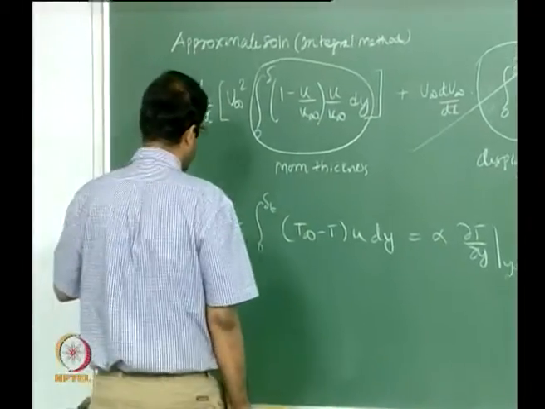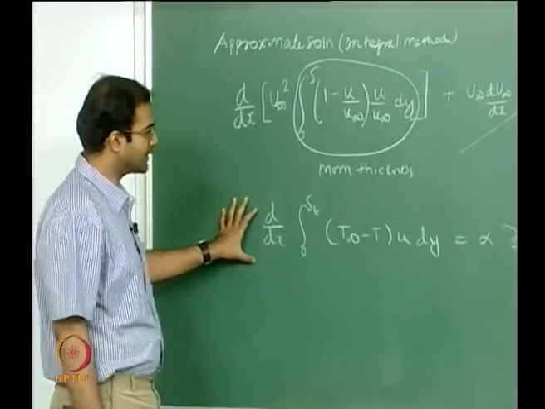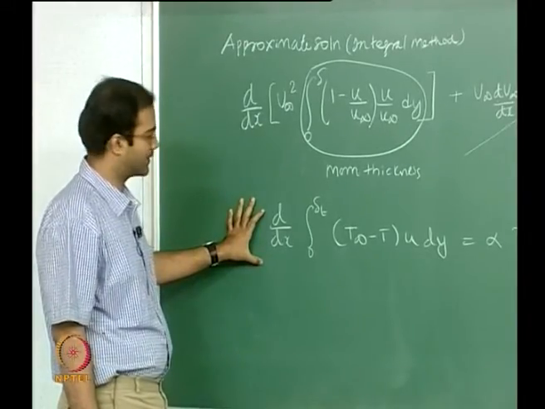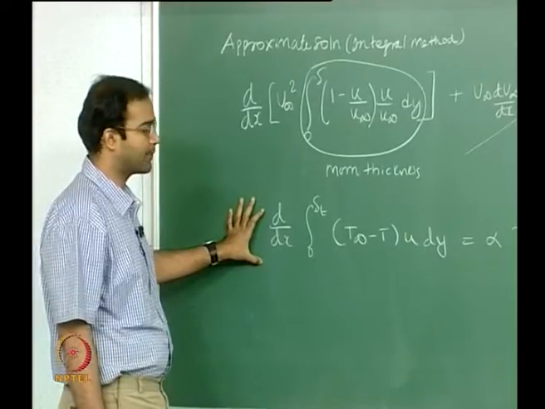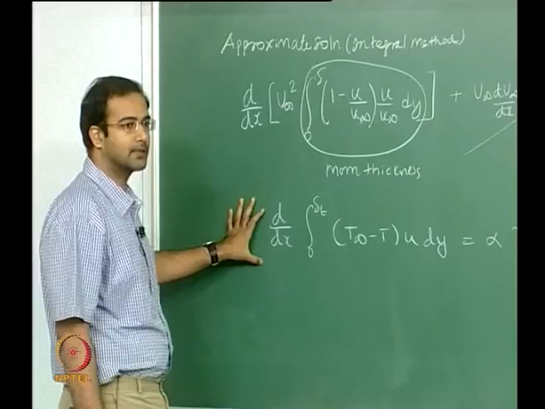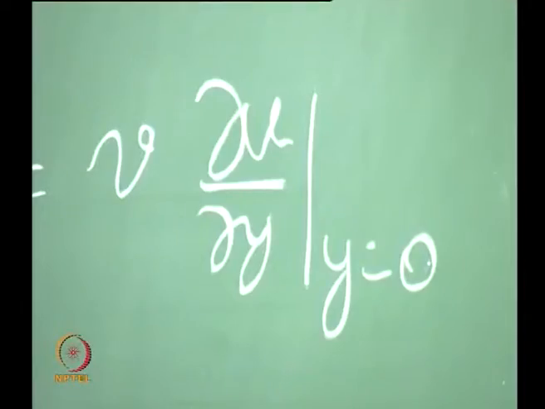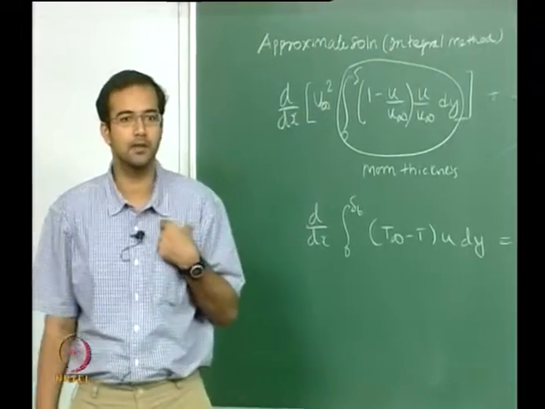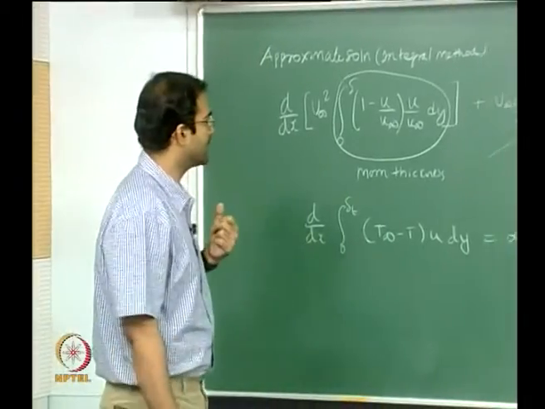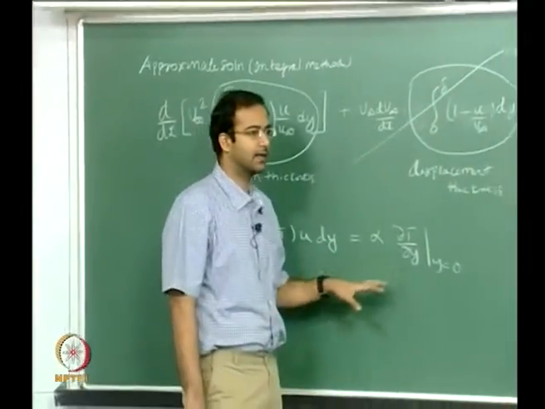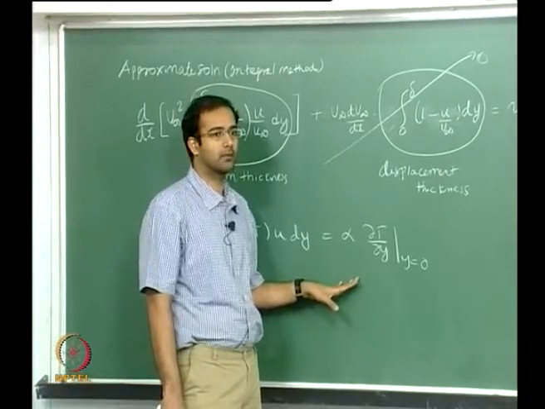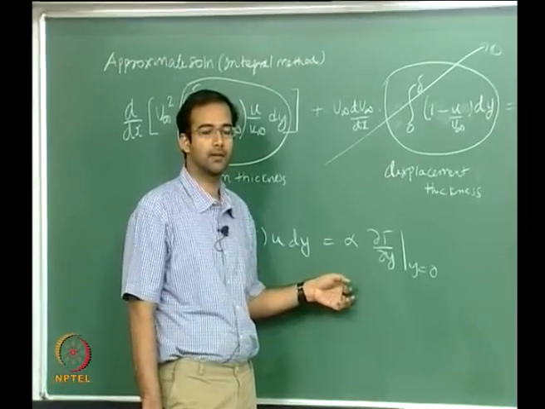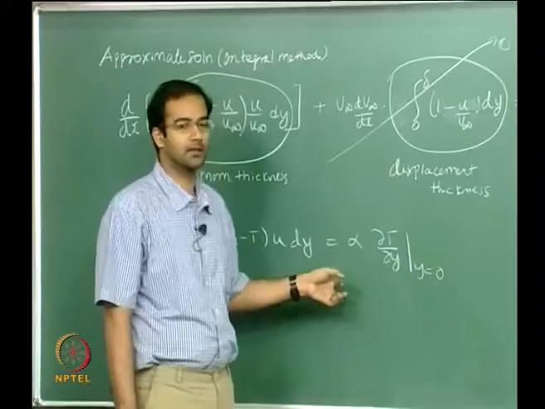The same way we can also integrate the energy equation across the boundary layer, and this is the resulting energy integral equation that you get. Once again we can guess a profile for temperature, whichever profile you want, substitute here, integrate it out, and then you get a resulting equation in terms of the thermal boundary layer thickness delta T. So with that we will get an expression for delta T. Therefore we can use that to calculate the wall shear stress, skin friction coefficient, heat transfer coefficient, and your Nusselt number. So this is how our approach will be.